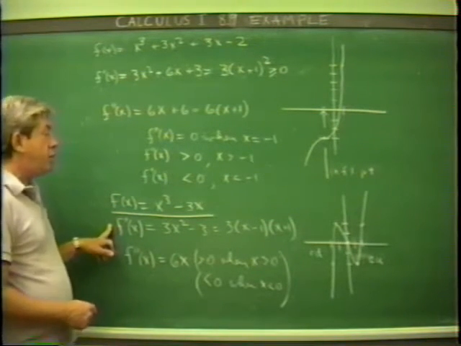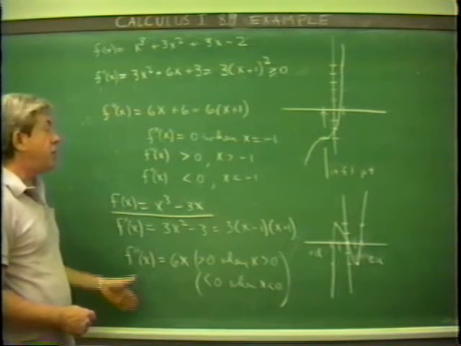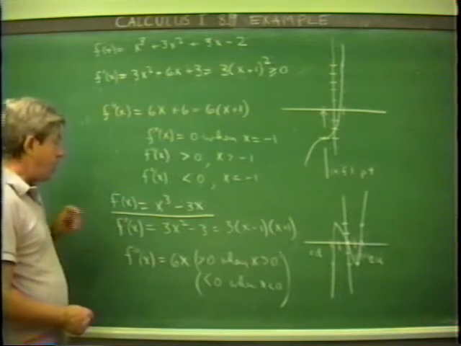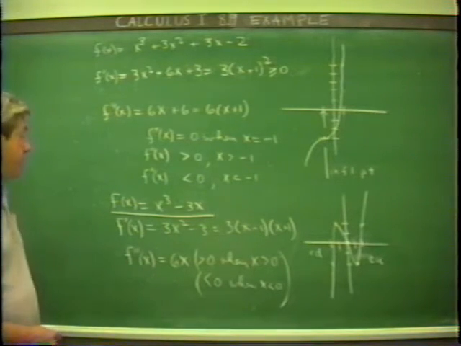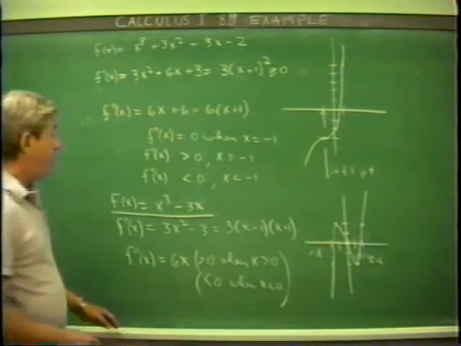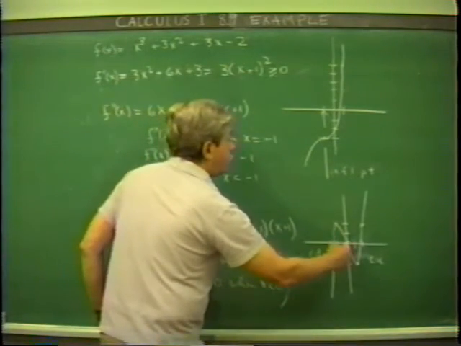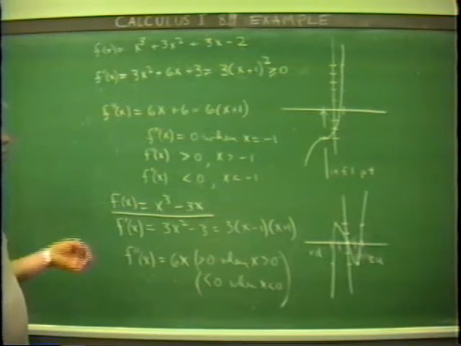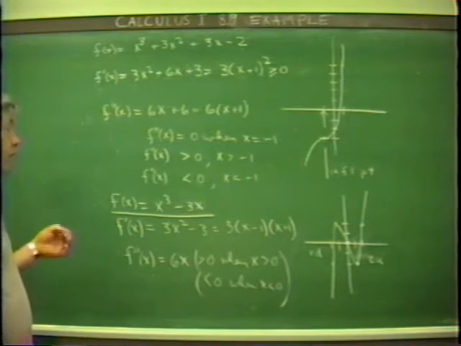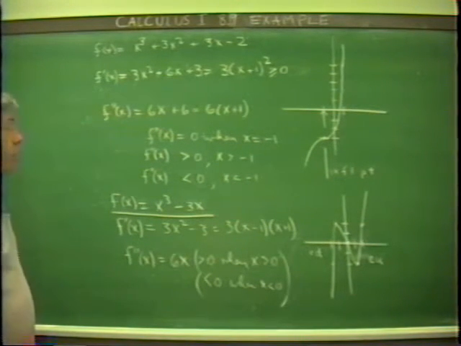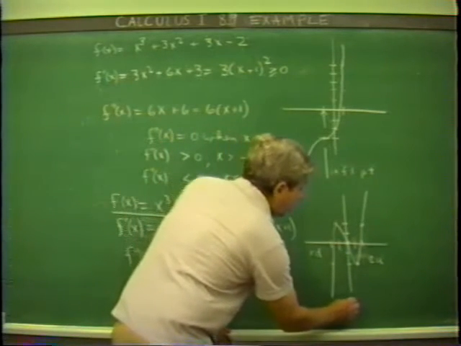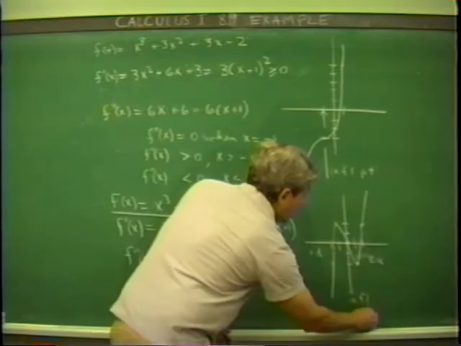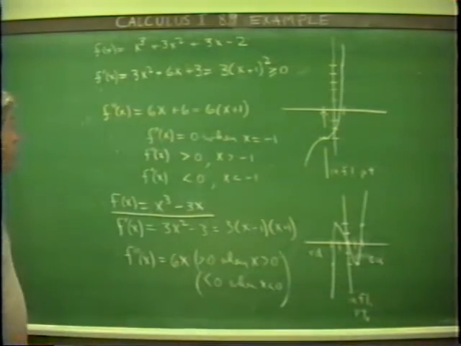Namely, when you're trying to graph a function, take the derivative, find where it's equal to 0, find where it's greater than 0, find where it's less than 0. That's where the function is going to be respectively increasing and decreasing. Take the second derivative, find where it's greater than 0, equal to 0, and less than 0. Where it's less than 0, the function is going to be concave down. Where it's greater than 0, it's going to be concave up. Where it's equal to 0, these are places where it may change concavity. If it does, those are going to be inflection points. 0 here, for example, is an inflection point